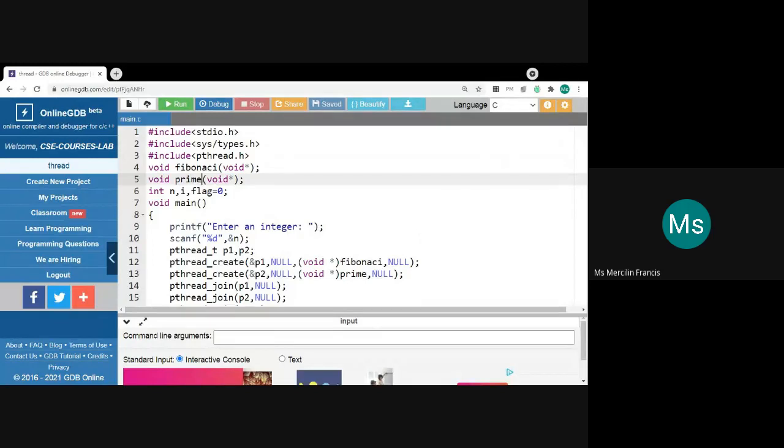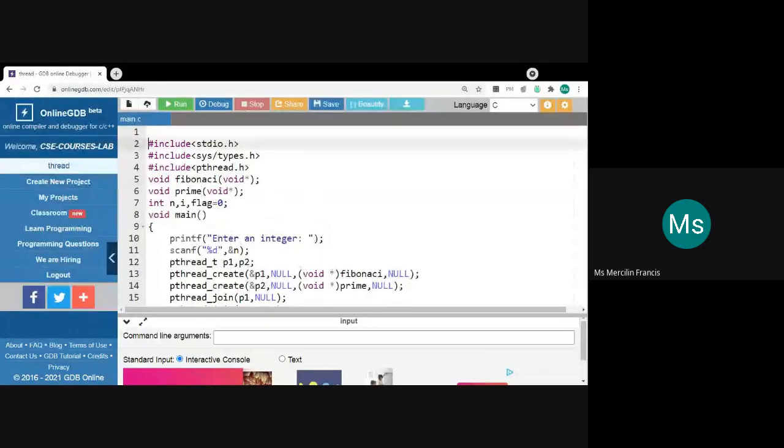For this purpose, first we need to know what a thread is. A thread is a path of execution within a process. A process can have many threads. The main difference between threads and processes is that threads exist within the process and share memory space in order to run a program.